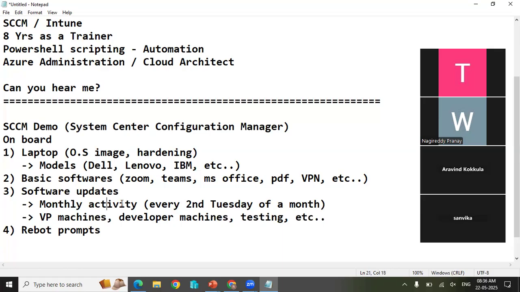This team works on it end to end. They download the patches. Once you download it, again you have to create a package for it. Creating a package, and it's supposed to be a silent install, right? So they do a lot of R&D on how to do that silently and how to avoid